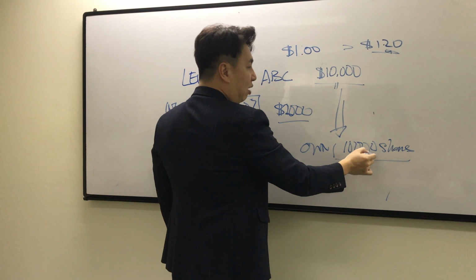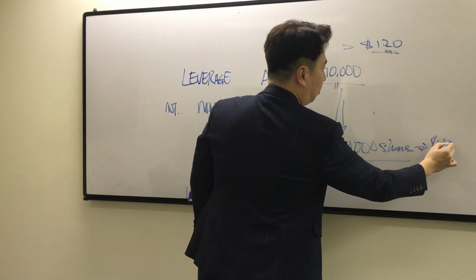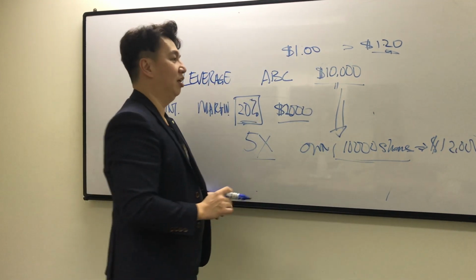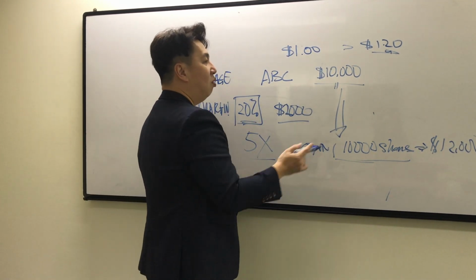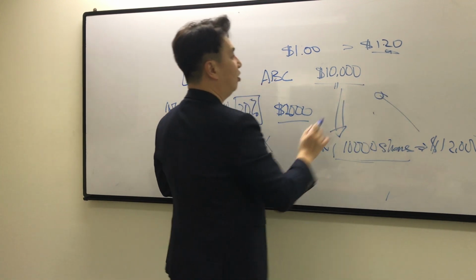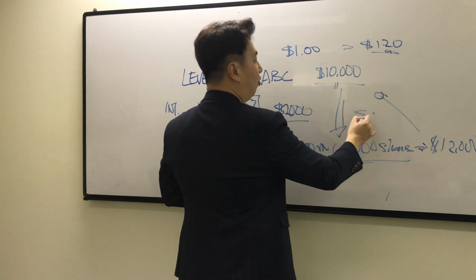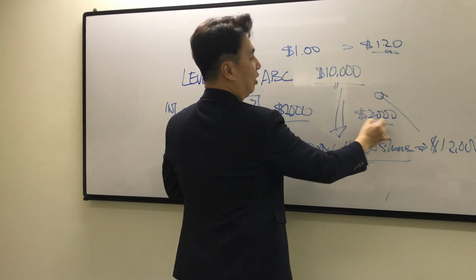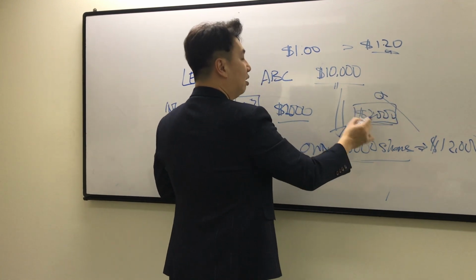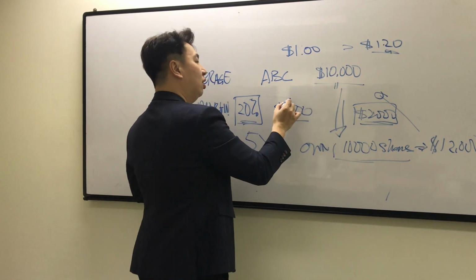So your 10,000 shares right now is worth how much? It's worth $12,000. Correct or not? So at $12,000, what will be your profit? Your profit will be 12,000 minus 10,000, so your profit will be $2,000. Correct or not? Your profit will be $2,000, but compared to your initial capital, because your initial capital is